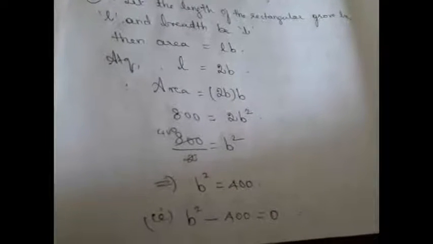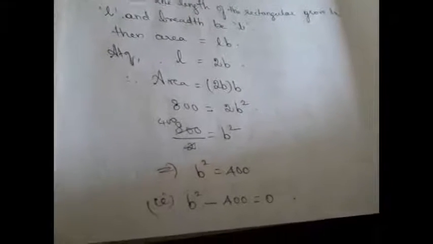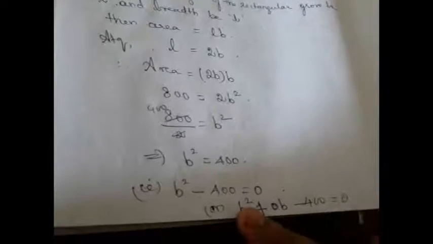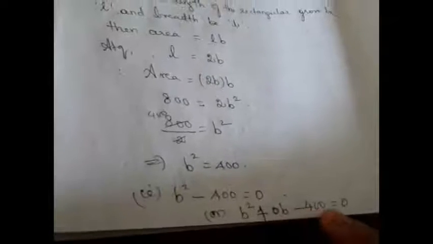Yes, for the quadratic equation, the highest power or the degree should be 2. But here the degree one term is missing. So this can be rewritten as B square minus 0B minus 400. This B term has entirely become 0. You can put plus also, it doesn't matter. Anyhow, this is going to become 0. Right? Now it is in the standard form, ax square plus bx plus c.